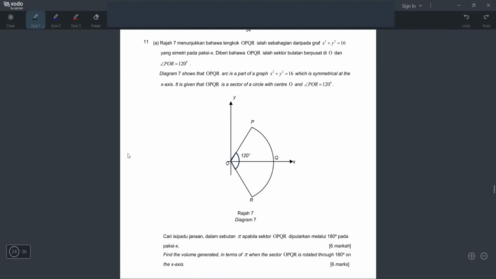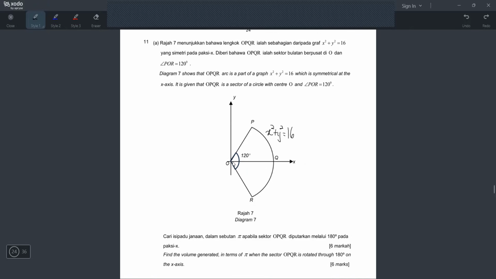Number 11. What is this? Maybe integration, because they say volume, right? Okay, Diagram 7 shows arc OPQR, which is part of the graph x squared plus y squared equals 16. So let's write down this equation, it is very important. I should write it down like this, which is symmetrical at the x-axis. So symmetrical means the top and the bottom are the same size. It is given that OPQR is a sector with center O, and angle POR is